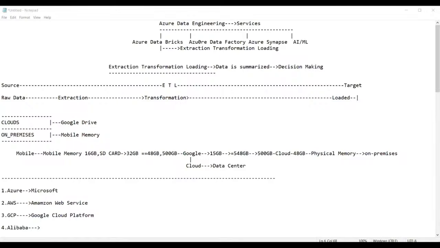Combinedly we'll see a type of project anyways, a case study you can say, not exactly a project. A case study I can show you.